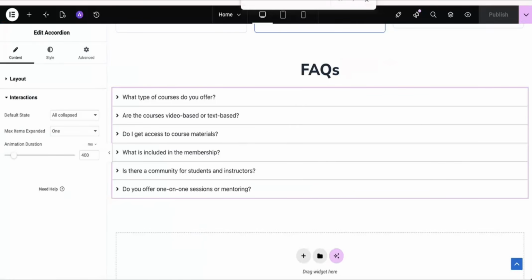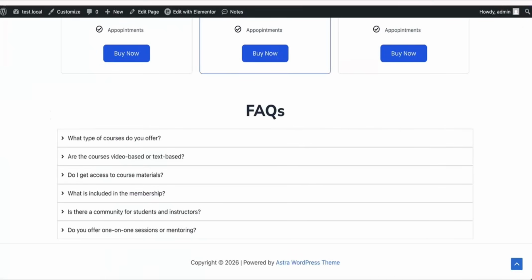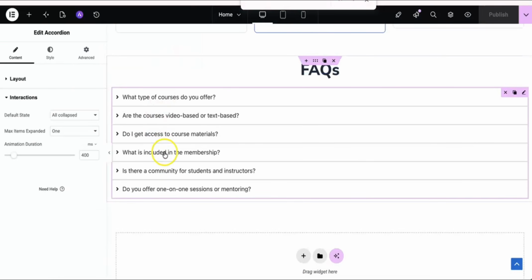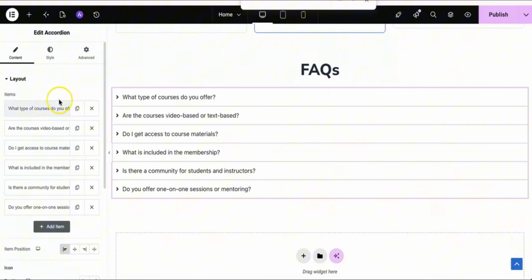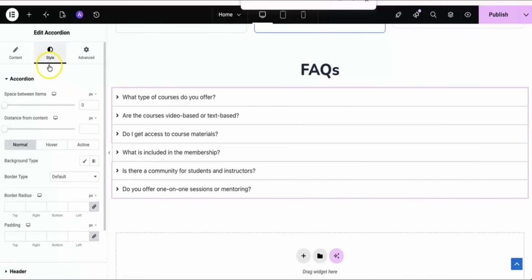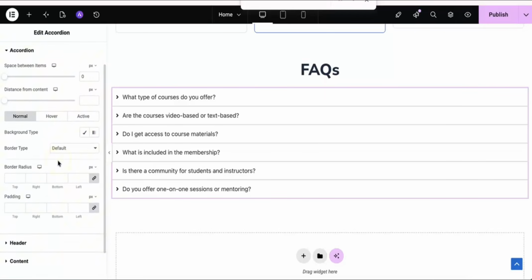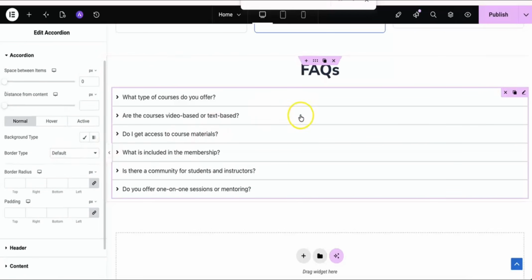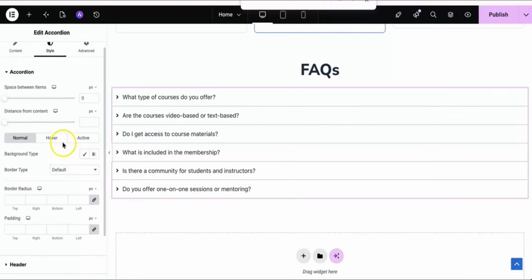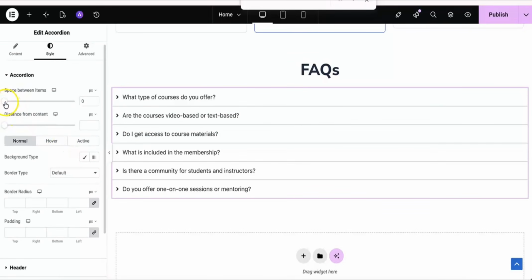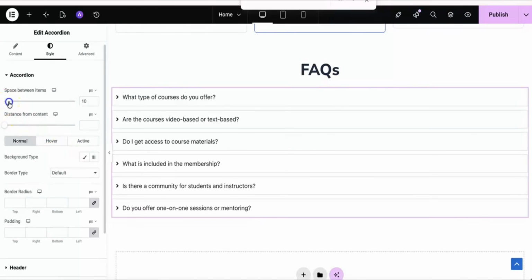So we will do a little bit of styling. So we will go to the style tab, and here we have styling options for this FAQ. So first we will increase the space between these,